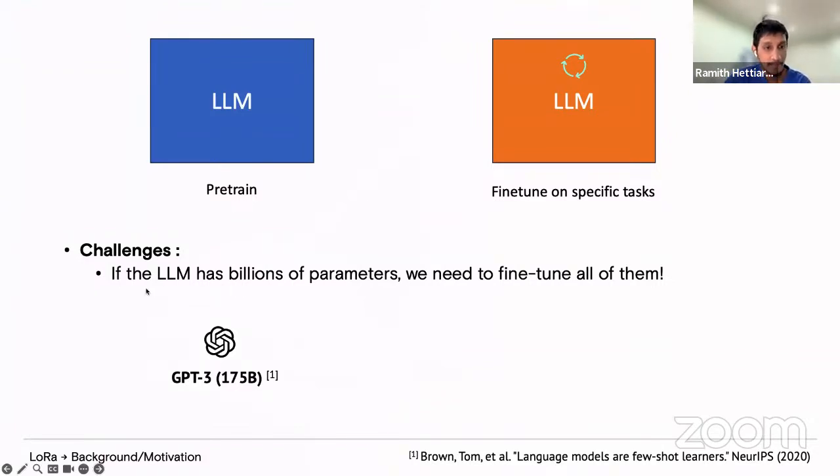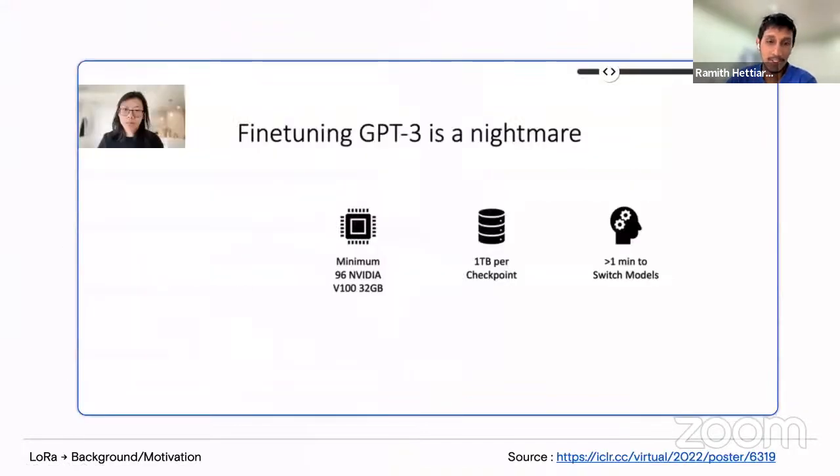The authors of this paper are from Microsoft, so in the extreme case, they evaluate on the GPT-3 model since they have access to it. If we want to fine tune billions of parameters, it takes a lot of compute, and it's very hard to do. Apparently it takes something like 96 V100s,